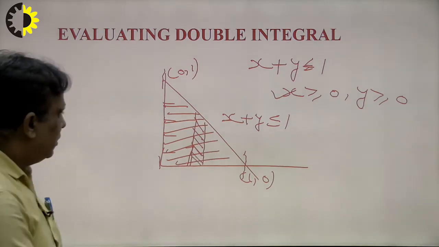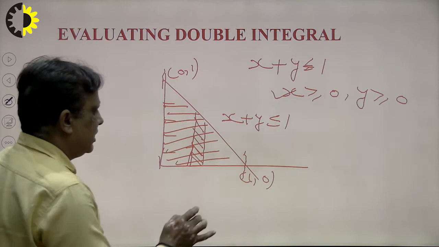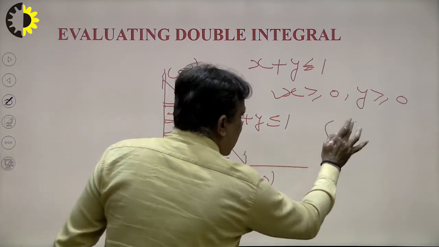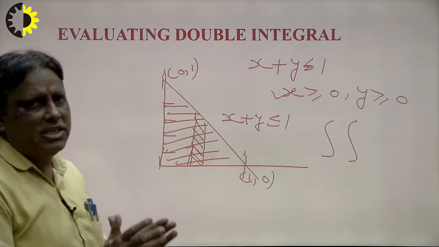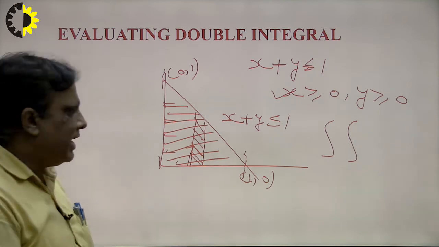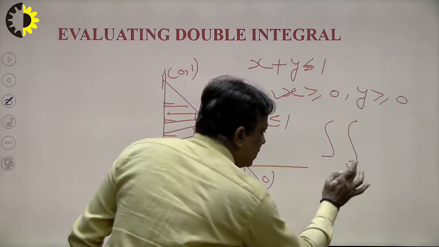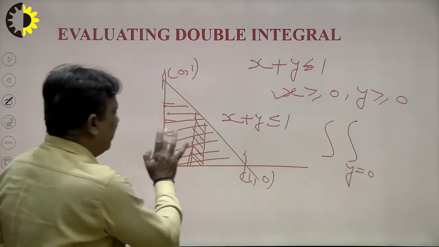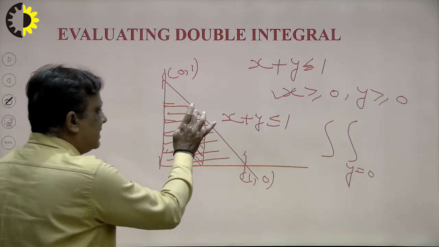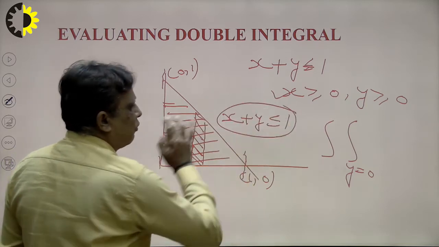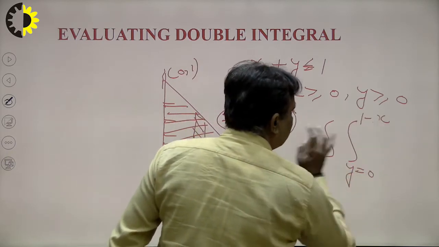How to take the limit? This strip touches the lower limit, this will be the lower limit, right? So what will be the lower limit of this integral? First of all I write the integral, right, with limits in variable form. That means with the help of a strip we always consider the limit in the form of a variable. The lower part is touched by the x axis, and for the x axis y is equal to 0, because the strip is parallel to the y axis, so we take the limit of y here. Now the upper part touches this line, and how to take the limit of y from this part? The limit of y will be 1 minus x. So I write 1 minus x here, right?